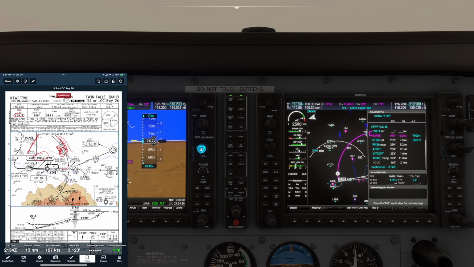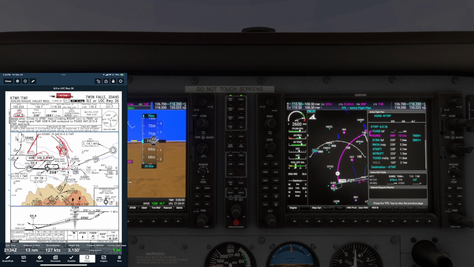So basically every time that you intercepted one of the radials from that VOR,